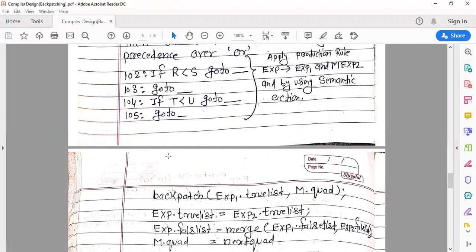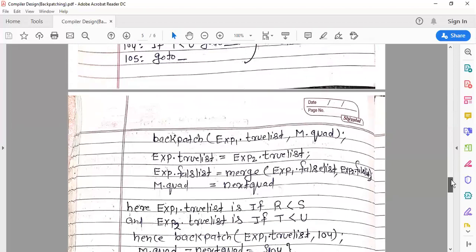Now here I am applying the semantic rule for this production. So backpatch exp1 dot true list comma m dot quad, exp dot true list is equal to exp2 dot true list, exp dot false list is equal to merge exp1 dot false list comma exp2 dot false list, and m dot quad is equal to next quad.